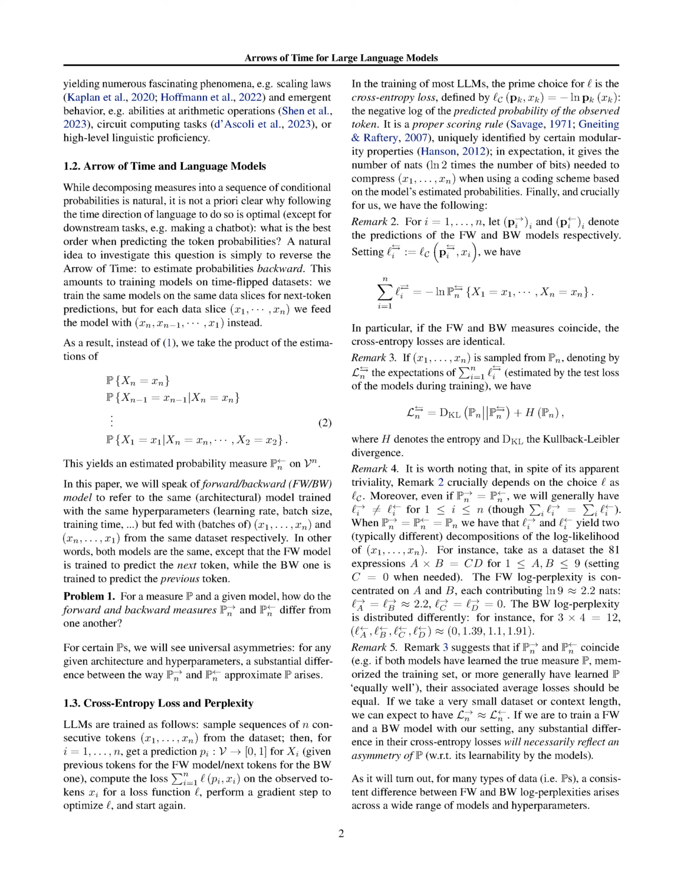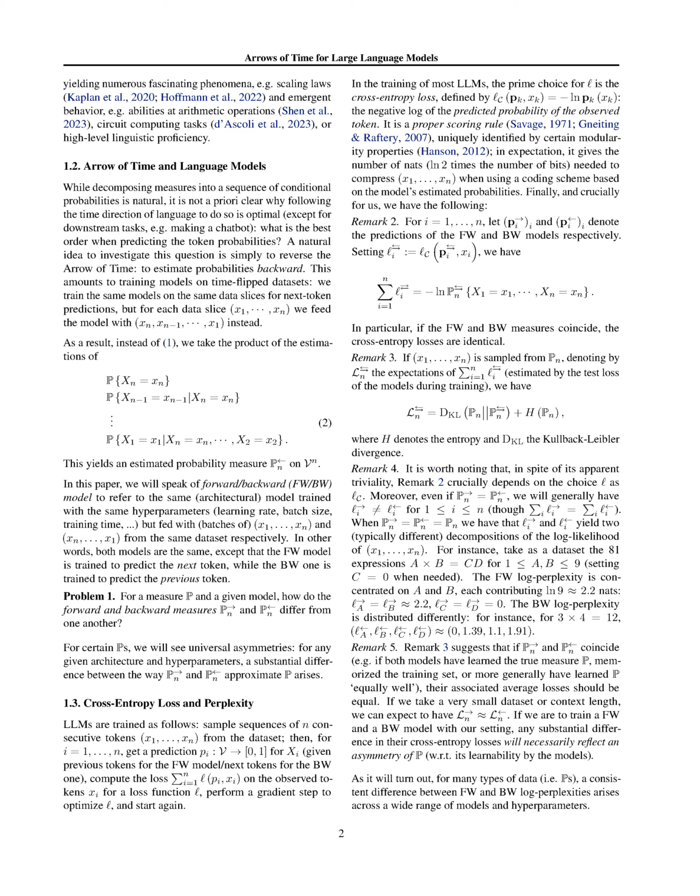Section summary. The training of language models involves sampling sequences of consecutive tokens from the dataset, making predictions for each token, computing the cross-entropy loss based on the predicted probabilities, and optimizing the loss through gradient steps. The cross-entropy loss measures the number of nats, ln 2 times the number of bits, needed to compress the sequence using the model's estimated probabilities. Additionally, the difference between forward and backward log perplexities can reflect an asymmetry in the learnability of the true measure by the models, leading to consistent differences across various types of data and model configurations.